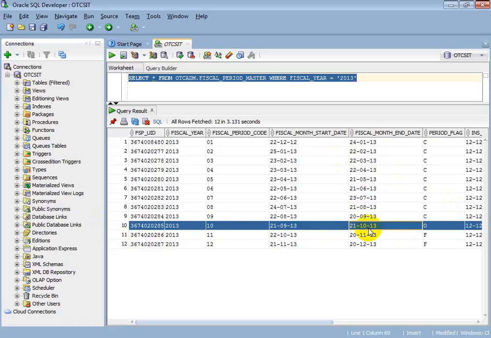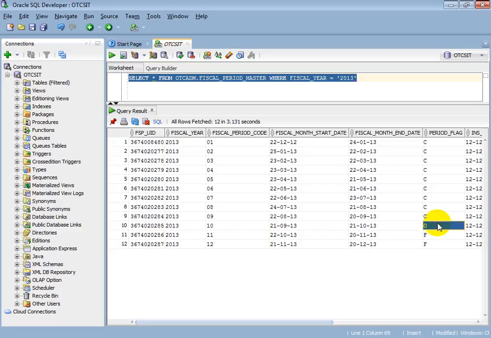Once the 21st of October has arrived, this period flag will be updated to C. So whenever this interface runs, which generates on a fiscal month basis, it will fetch the data from 21st September to 21st October, not from the first.